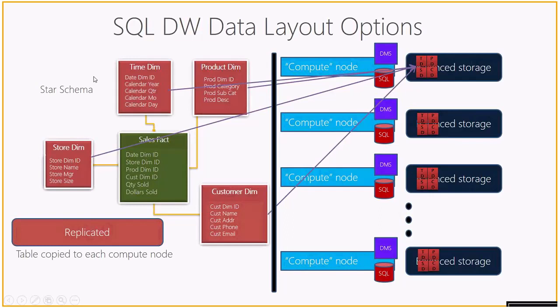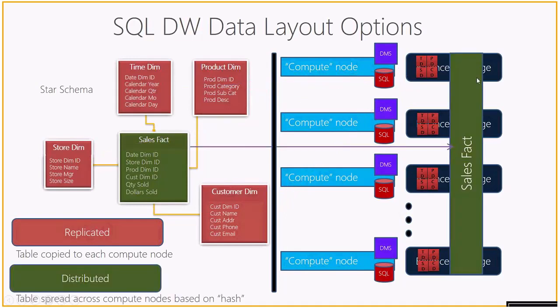One of the things which happens as a part of this operation is that the dimension tables are all replicated because they are smaller in size. And the fact table data is spread across all the different computing layers. Thereby it knows how to relate the dimensions from each one of them and then get the data from the sales fact depending upon how it wants to do it.